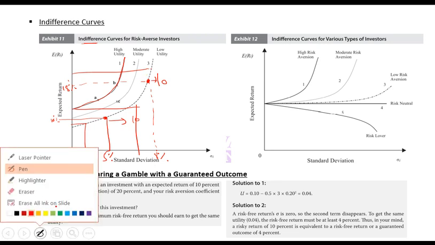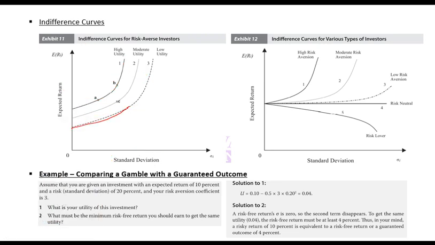So if I form a curve which shows all the possible combinations for a specific level of satisfaction, let's say 10, then that is known as an indifference curve. So an indifference curve is the curve on which utility will be constant. If I take this combination, it will give me 10 utility. If I take this combination, again 10. If I take this combination, again 10. So no matter what combination I take on this curve, utility will be the same.